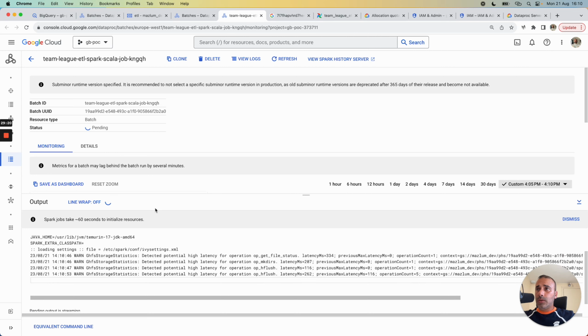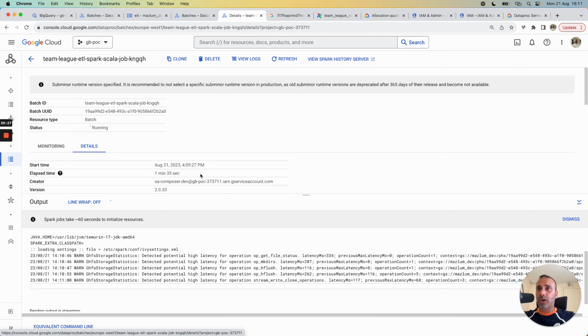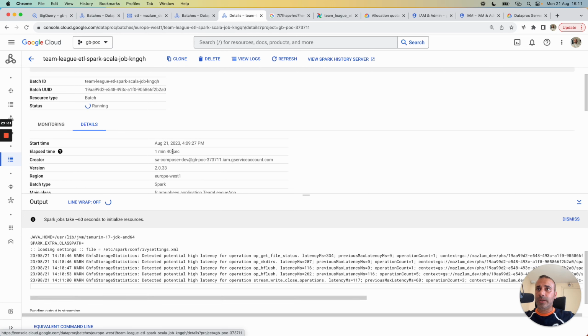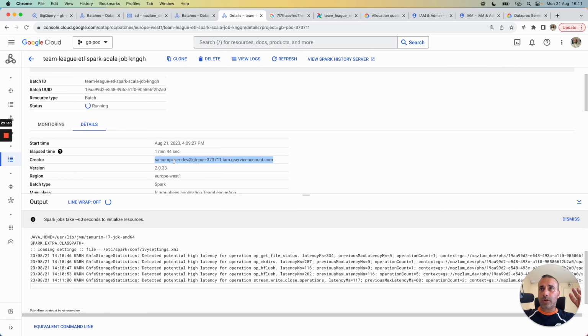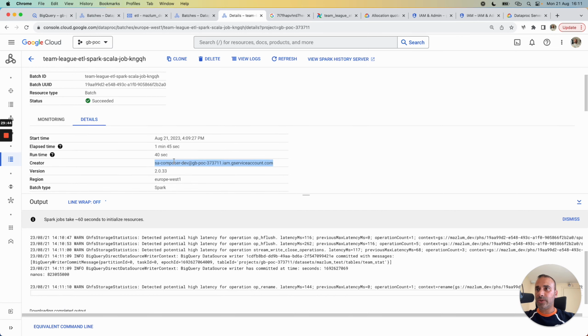For the job in Dataproc serverless, we can access all the details for our job. We have, for example, the elapsed time here. The service account, the creator of this job, is created by Cloud Composer, and the service account dedicated for Cloud Composer here.